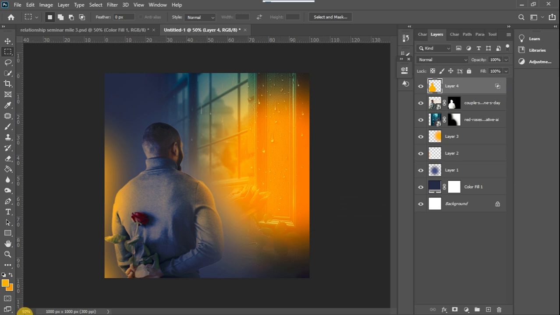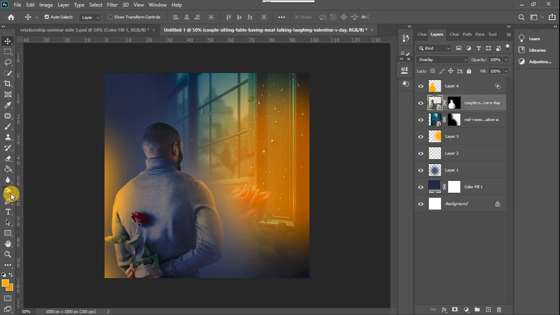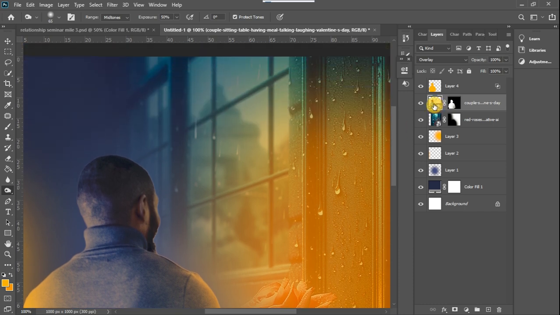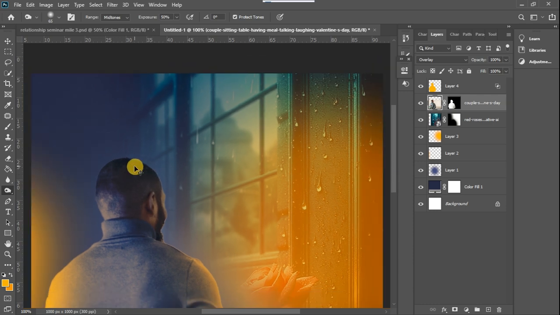Okay, so once that is done, I may want to turn down the intensity of this layer a little more like this, and on this layer I'm going to use my burn tool to make the edge dark. So I'm just going to select the layer itself, and I'll rasterize it, paint around the edge of his head like that to make it dark like that. Okay,